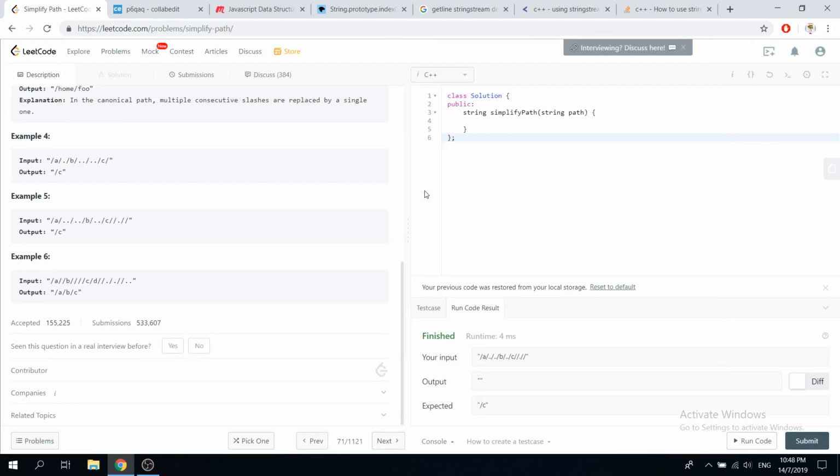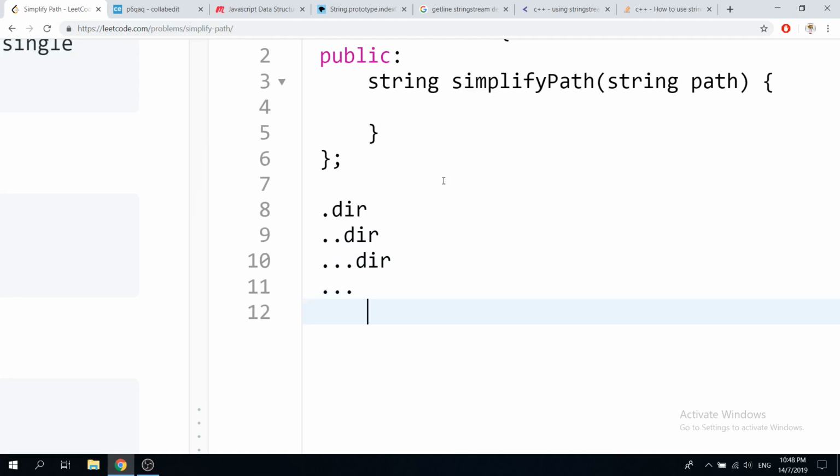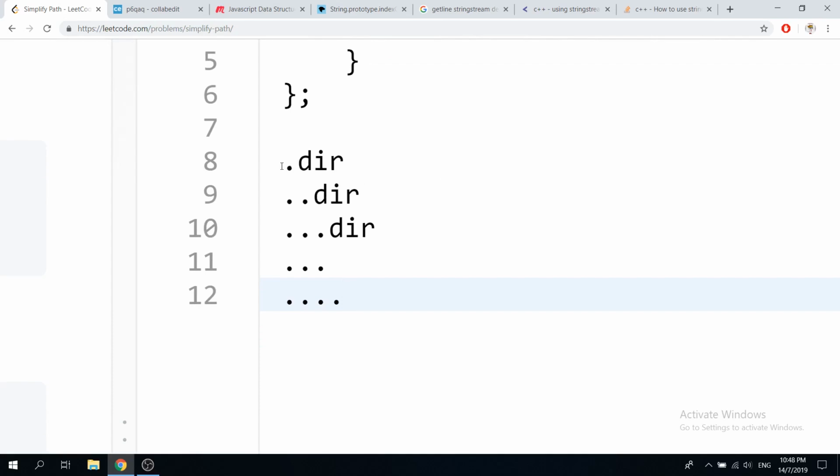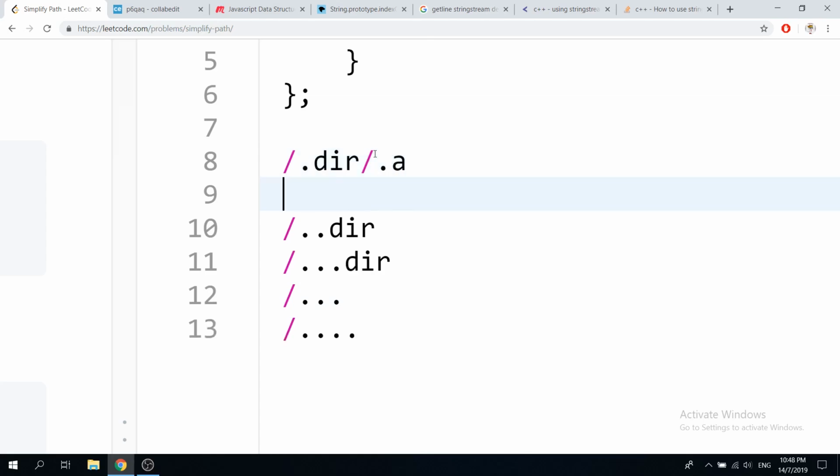All right, these are not all the edge cases. LeetCode has a couple of edge cases where these are valid variable names. These are all valid variable names. So if you have an input file path like this, do not simplify this guy to be